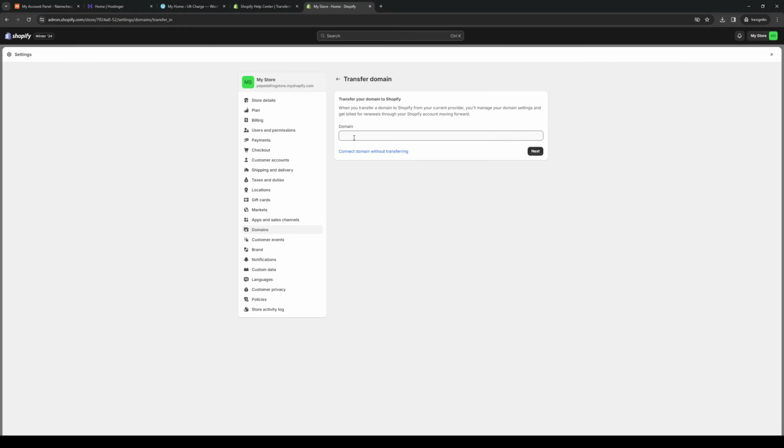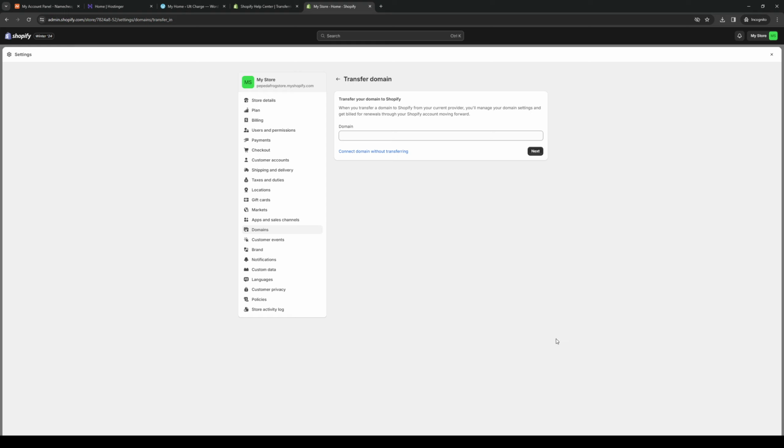And the idea here is we want to type down the domain name of our store. So in this case, it's this one. So you just basically want to copy paste it. But I'm not going to do that because I want my store to have the same domain name and name server. But what essentially happens here is once you enter the domain name and hit next, the website is going to take you